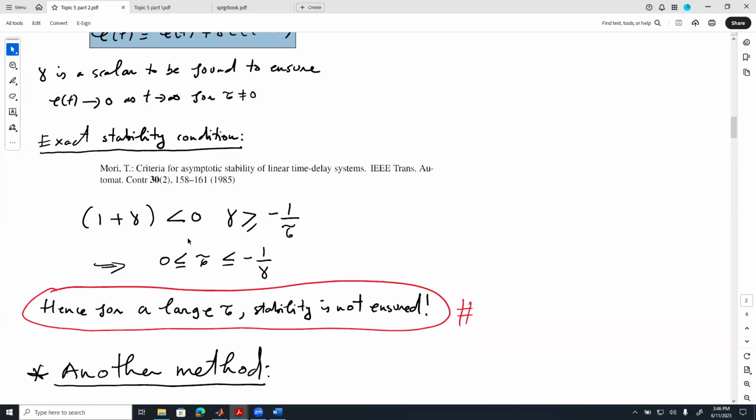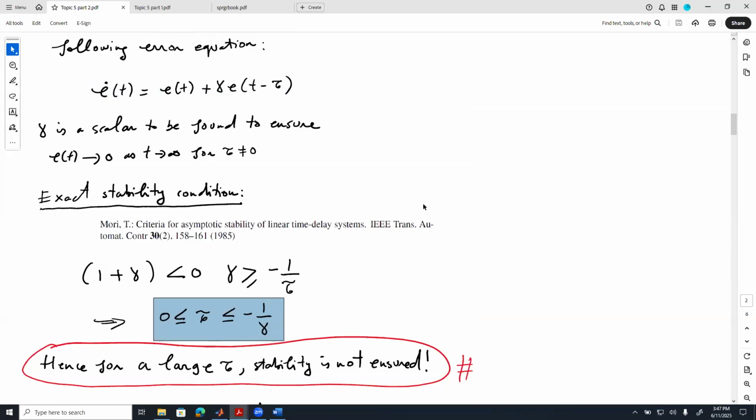we can only guarantee it for a range of time delay. So that's the key thing here. That's still an improvement, but it doesn't mean that we can always achieve it for any arbitrary or any given tau. Okay, imagine if this term here is getting bigger, that means that the time delay is getting smaller. So the idea of